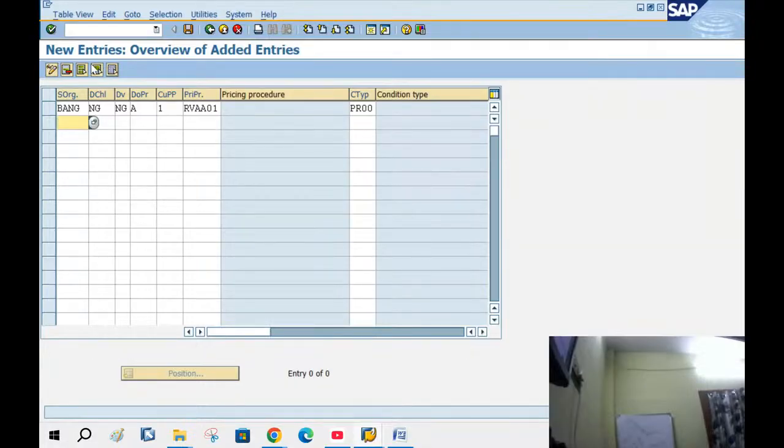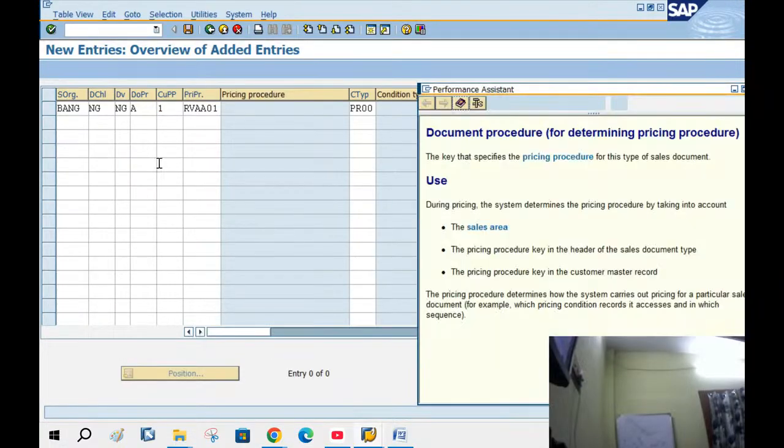Under sales org, you write your sales org, distribution channel, division. These three put together is called sales area. DOPR is nothing but document pricing procedure indicator. What is DOPR? It is nothing but document pricing procedure. Document pricing indicator is A,